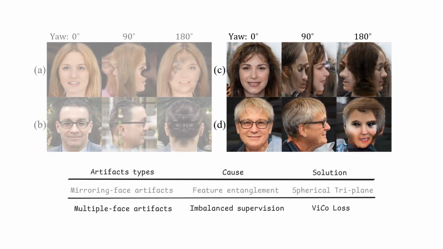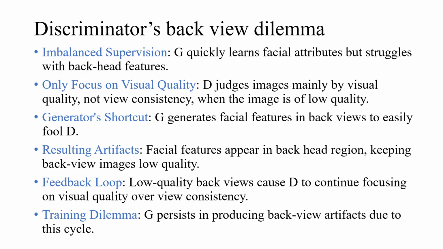The second type of artifacts is multiple face artifacts, which arise because of imbalanced supervision. In this scenario, the fake back faces exhibit divergent attributes compared to the frontal faces, indicating that they are not the result of feature entanglement. The reason for these artifacts is imbalanced supervision in the dataset. During training, the generator quickly learns to generate high-quality facial attributes, but learns slowly to generate correct backhead attributes. Because in early training, the discriminator mainly judges based on visual quality rather than the consistency between the image and the view angle, the generator easily learns that generating facial attributes in the back view is an easier way to